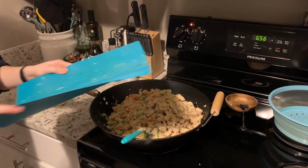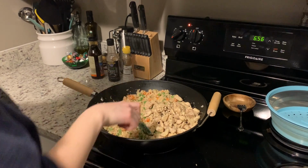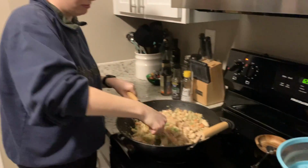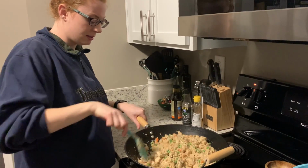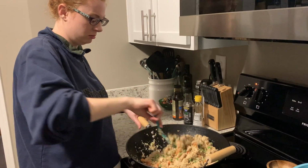Okay, so now I'm gonna add in our cooked chicken. Let that start heating back up, because I'm sure it is cooling off now. Because we are gonna eat, like I said, after this. It's almost 7, which I've been trying to make us eat dinner a little bit later anyway, because since being pregnant, excuse me,